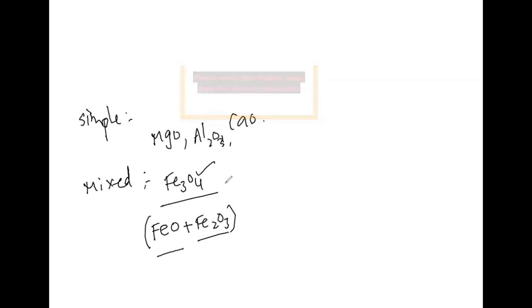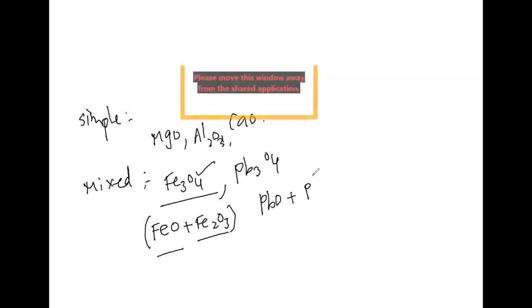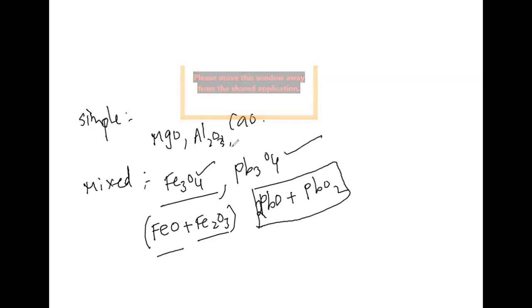Even we can take one more mixed oxide, that is Pb3O4, which is PbO plus PbO2. By the combination of these two only, we are getting Pb3O4. Suppose you take 2 PbO here, now it will be 2 Pb's, 1 Pb, Pb3O4, it is balanced here, right? Even these oxides, we can classify as acidic oxides, basic oxides, and neutral oxides.